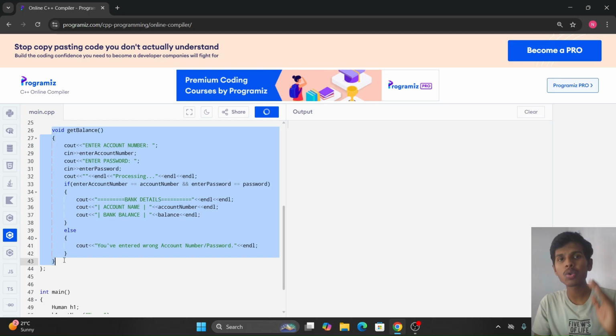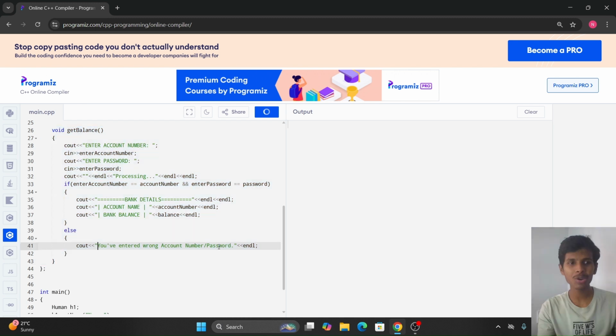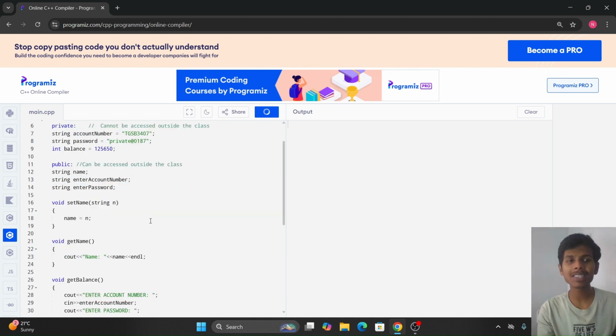Otherwise, it will give you a message: you have entered wrong account number or password. In this, data security is very much safe. As we all know, we cannot access the private data members outside the function itself. So in this,